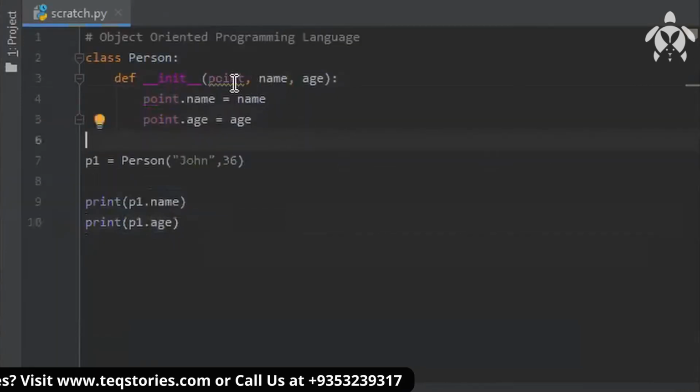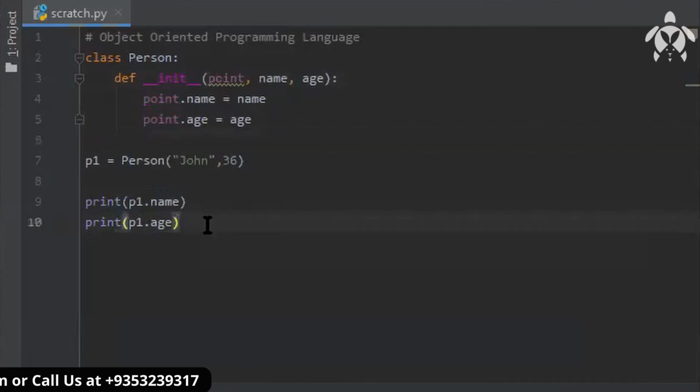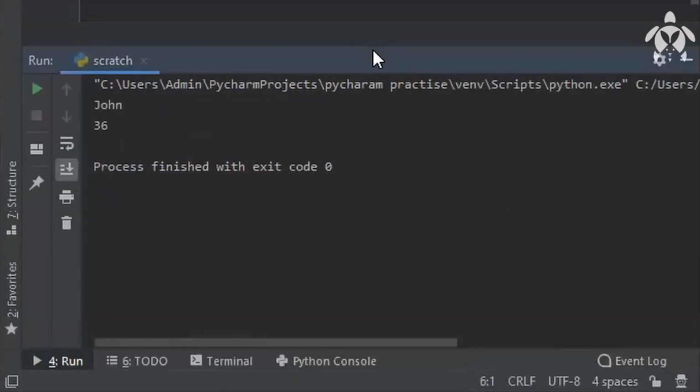Okay. So this point is a user: point.name, point.age. But generally we give self because self is coming from the beginning, so that's why we use self here. You can give anything. Anything is built in. You are initializing your class by giving some value to a variable name. That's why we use the init function, because the init function initializes the class first, at the beginning, like a main function.